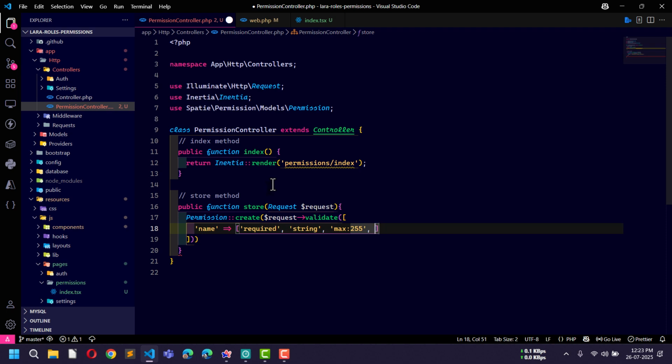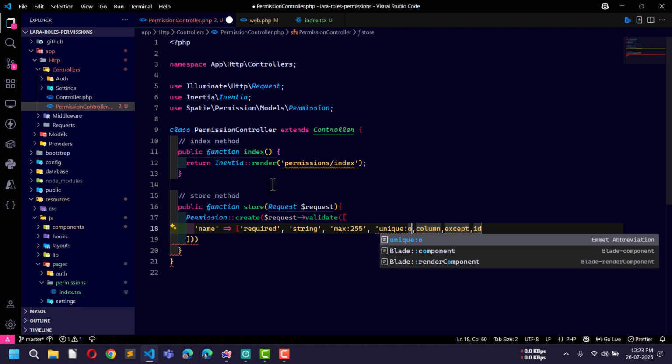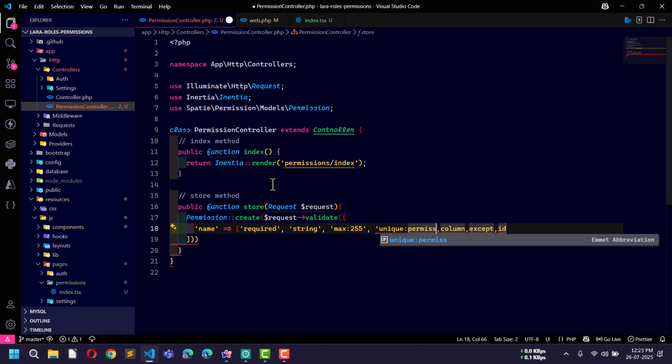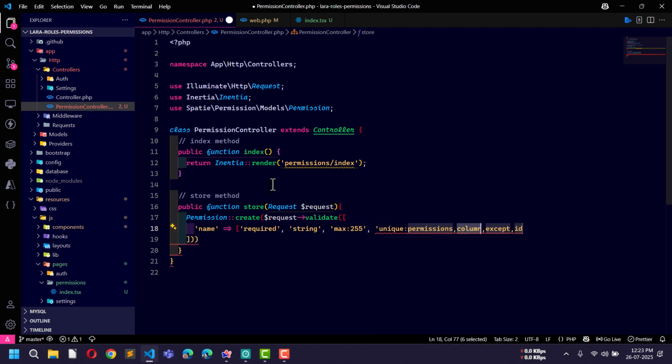So all the permissions would be unique. So in table permissions and column name, just remove except and id. Okay,